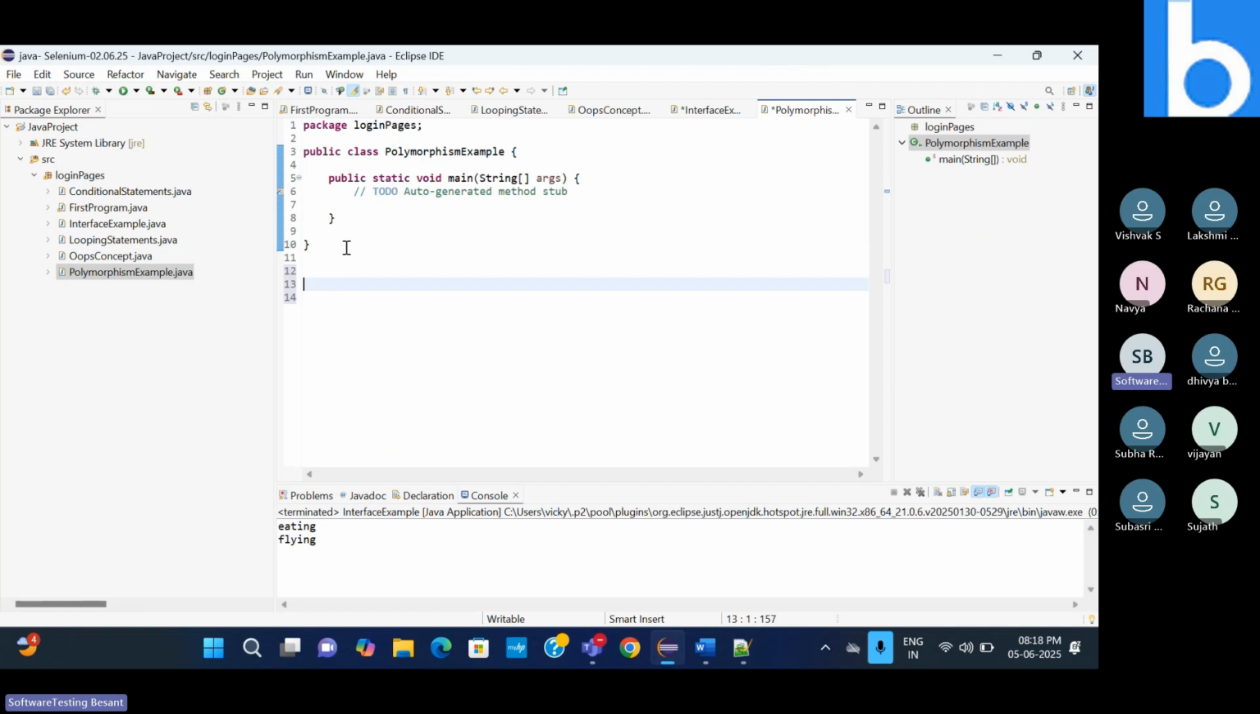Let's take addition as an example. Simple addition I'm going to do. So first, I will create one class, Addition. I'm going to do the addition operation, a mathematical operation. So I'm creating a class like this. Inside of this, first let's take method overloading. So method overloading means